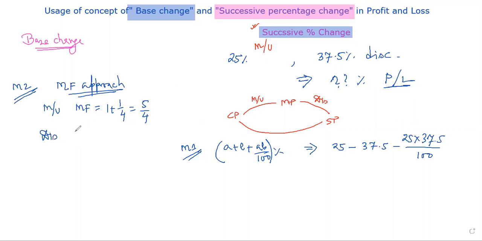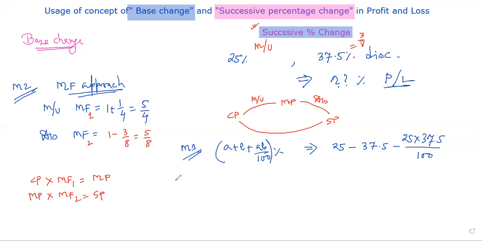Similarly, how much will the discount multiplying factor be? That can be written as 37.5% discount, and 37.5% is nothing but 3 by 8. So it is a discount, so 1 minus 3 by 8 would be the multiplying factor for discount, which comes as 5 by 8. Our cost price, whenever multiplied by multiplying factor 1, gives the markup price. The markup price, whenever multiplied by multiplying factor 2, gives the sale price.